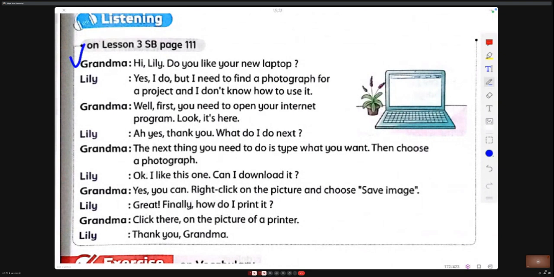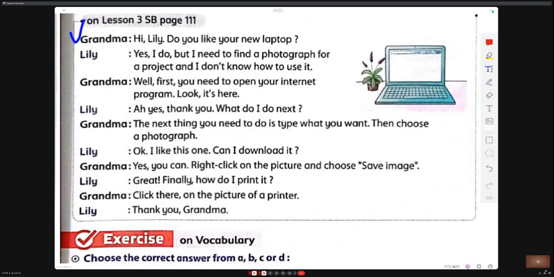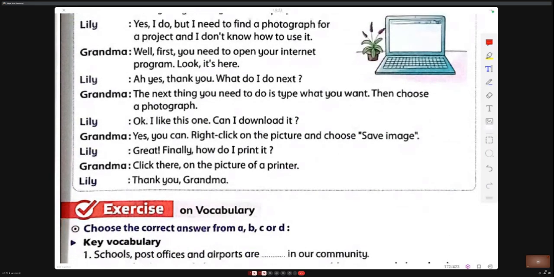Hi, Lily. Do you like your new laptop? Yes I do, but I need to find a photograph for a project and I don't know how to use it. Well, first you need to open your internet program. Look, it's here. Oh yes, thank you. What do I do next? The next thing you need to do is type what you want.